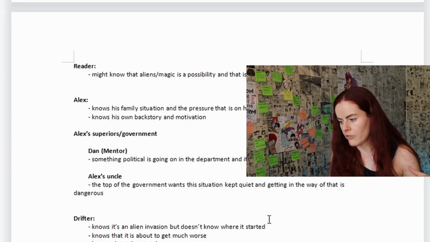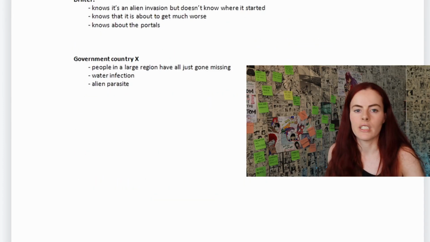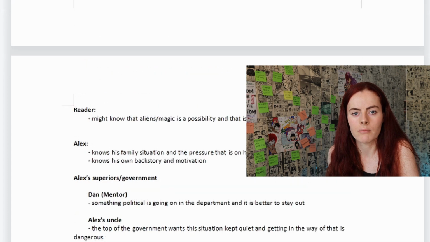So the next step is to figure out what is the final reveal. For myself, I obviously have already done that, right? The final reveal for me is figuring out that it's this alien parasite and where it originally came from. Actually, now thinking about it, I'm kind of wondering if this is my final reveal, because as I have it